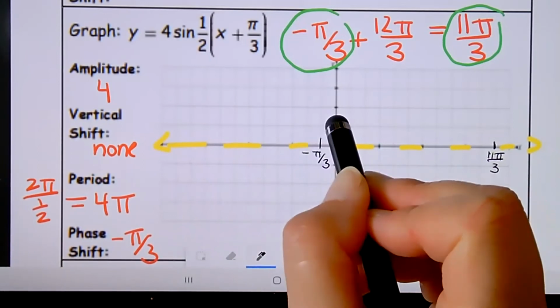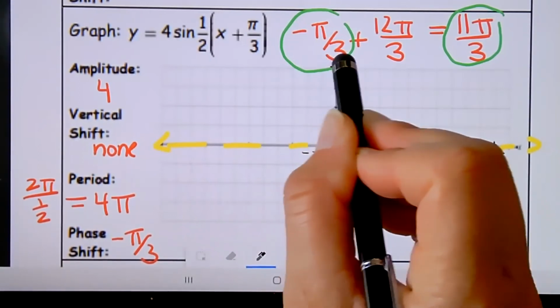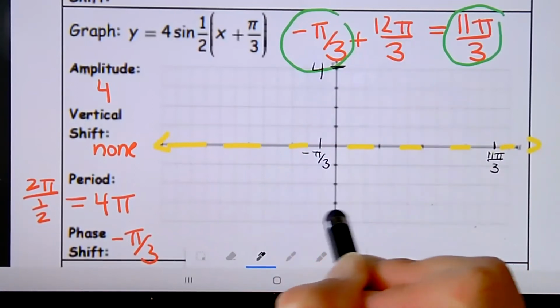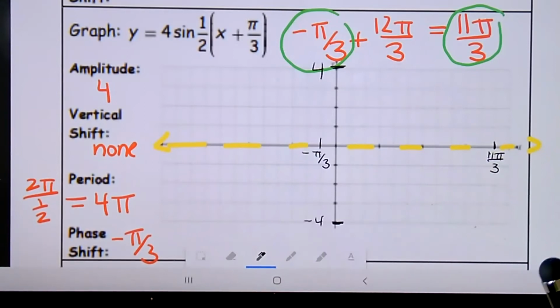So what that means is I'm going to go up 1, 2, 3. My highest is going to be up at 4. And 1, 2, 3, 4. My lowest is going to be down at negative 4. Okay. So now